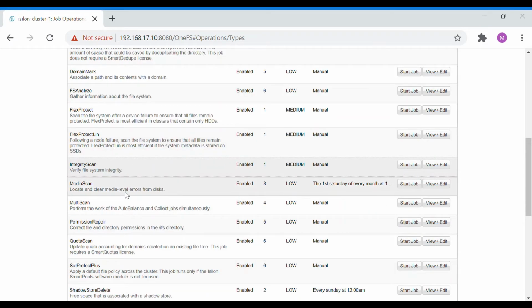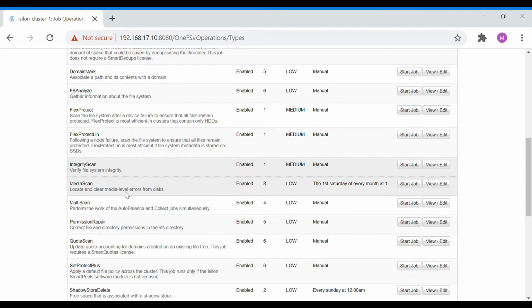Coming down, you have the media scan job. The media scan job is used to identify any media level errors, that's nothing but the error correction code. The drives are running 24/7 and these drives may get jammed at any point of time.